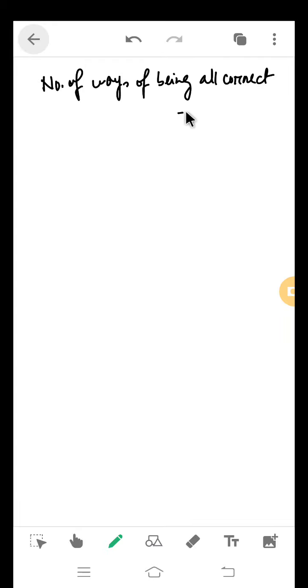So all correct, that is the only one way you can make all correct, because for every cases only one option is correct. So first can be done by 1 way, second by 1 way, third by 1 way. So only 1 way it is possible there. ठीक है. So required,